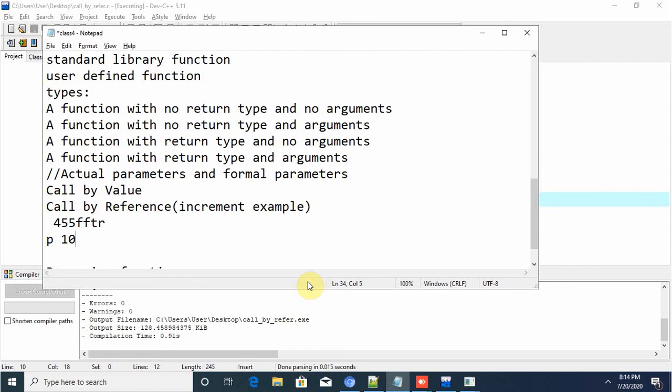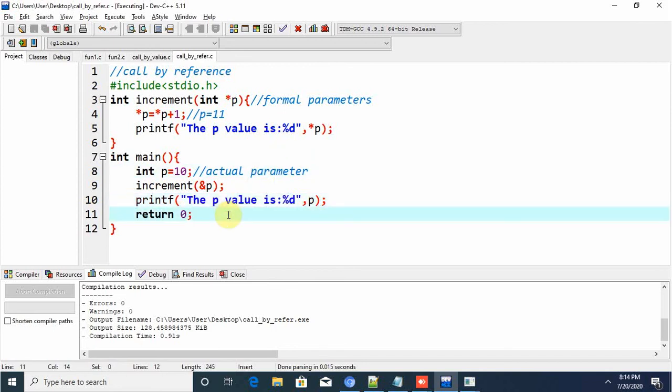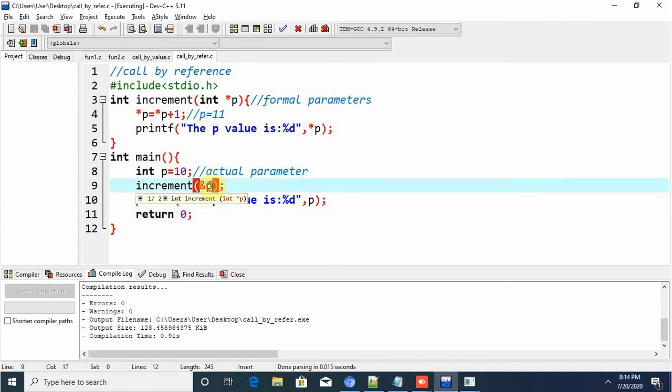Yes, that pointer is pointing to a value, and that value holds an address actually. Here, in depth I will tell you in the pointers concept, actually it stores the address of another variable. There is some concept that I will tell you. But here you just keep this point in your mind, that I'm just passing the address of p here.